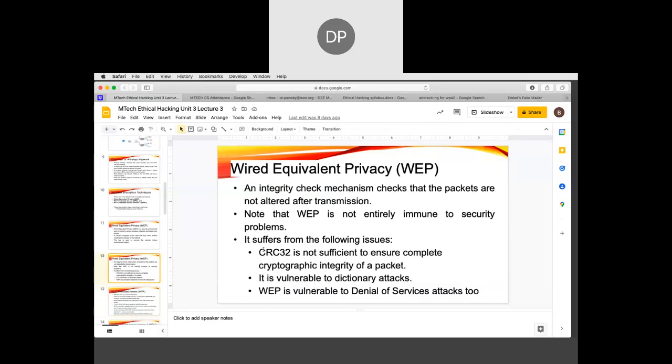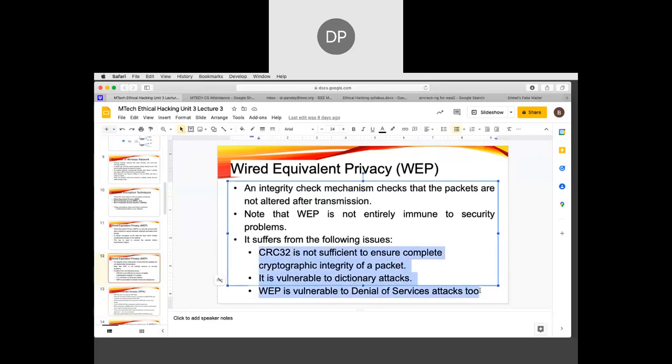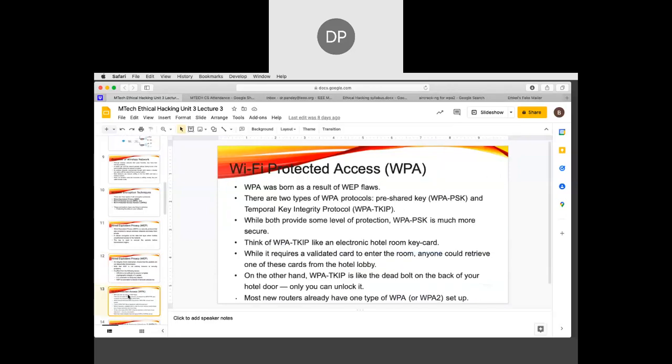As WEP was suffering from so many issues, a new advanced version came, called WPA. The full form is Wi-Fi Protected Access. WPA was born as a result of WEP plus. There are two types of WPA protocols: WPA PSK and WPA TKIP. PSK is pre-shared key and TKIP is Temporal Key Integrity Protocol. While both provide some level of protection, WPA PSK is much more